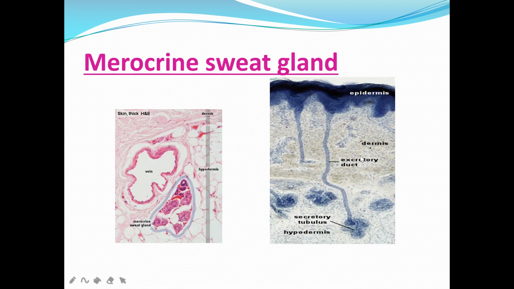The merocrine sweat gland is a simple coiled tubular gland distributed all over the body except the lips and the external genitalia. Glands are numerous in the palm and the sole. It plays a major role in regulation of body temperature. Eccrine glands have two parts, the duct and the body or the fundus. The duct is long, runs along the dermis and opens on the epidermis through a funnel-shaped orifice.